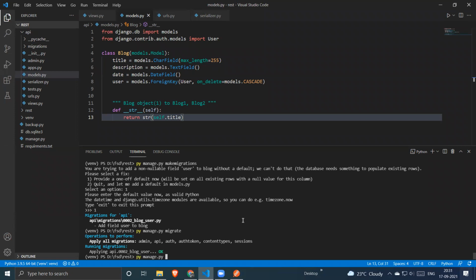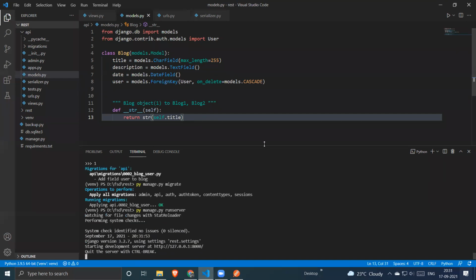If you want to update your own object only, for example, you are the owner of blog 6, then only the person who is the owner can update or delete the blog 6 object. Otherwise, another person who is not the owner of that particular blog can just get the blog object or create a new object. He cannot directly update your object because he is not the owner of your object. API view, API view. Okay, what else?